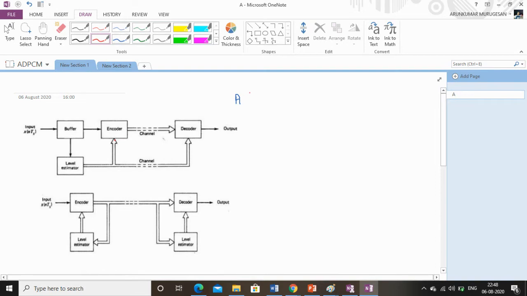In this video, we are going to see adaptive differential pulse code modulation. Why do we go for adaptive differential pulse code modulation? Here, the standard PCM requires 64 kilobits per second